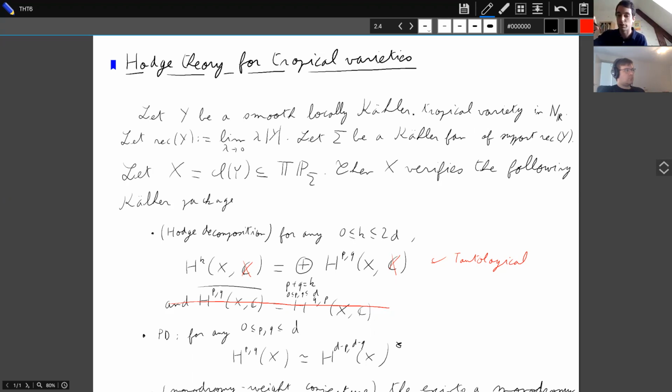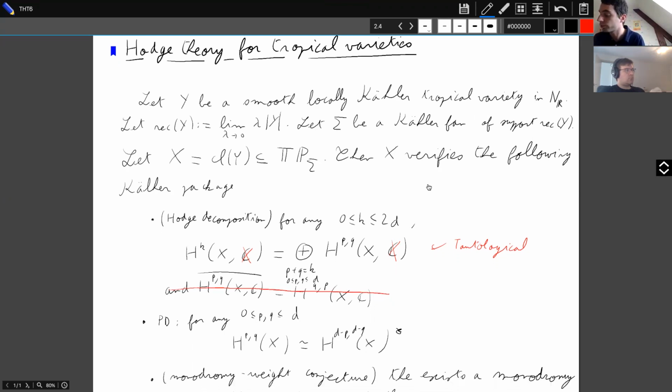So locally you have fans, and you want those fans to be Kähler. And you have the recession: if you have something like that, the recession is what you see at infinity. So it's a fan you get when you scale everything by 0. And so if this is a Kähler fan, maybe a tropical line,